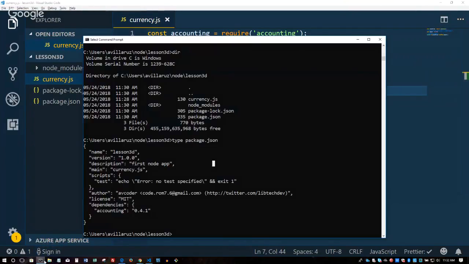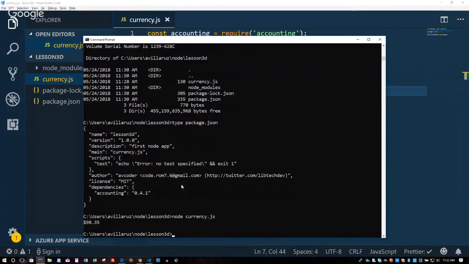And let's run it under node. Node currency. You see the nice output. It even rounded it correctly, 35 cents based on what I have.